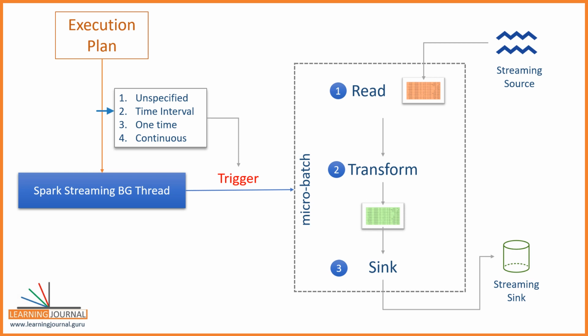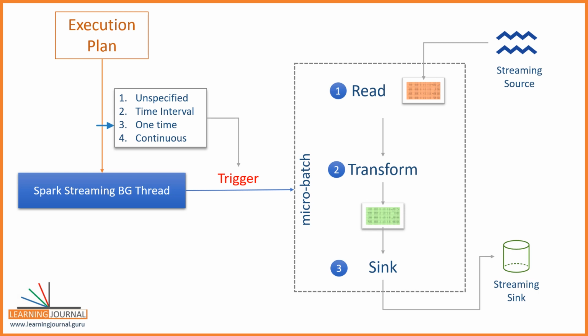If the first micro batch takes more than 5 minutes to complete, then the second micro batch will start immediately as soon as the first one ends, because we already passed the trigger time. Make sense? The time-based trigger gives you an option to collect some input data and process it together, rather than processing each and every record individually.